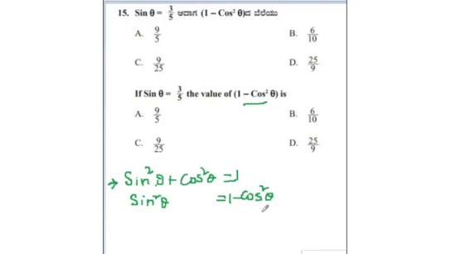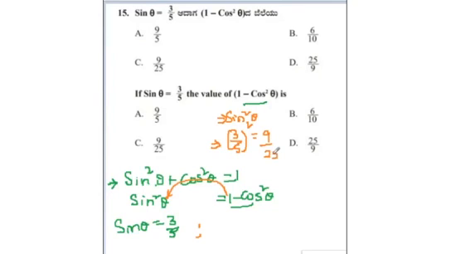So 1 minus cos square theta is equal to sin square theta, or sin square theta is equal to 1 minus cos square theta. In the question, the condition given is sin theta is equal to 3 by 5. They are asking to find 1 minus cos square theta. 1 minus cos square theta is nothing but sin square theta, based on the identity. So sin theta is 3 by 5, sin square theta will be 3 by 5 whole square, which is nothing but 9 by 25. You all know that 3 square is 9, 5 square is 25. Correct option among these 4 is C, 9 by 25.